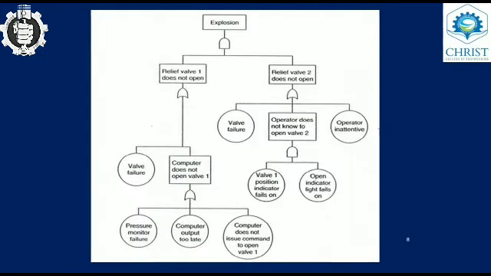This is an example of a total explosion of a system which contains some computers. This is an OR gate. This OR gate shows that any one of these three circles is a reason for a small failure: either the pressure monitor valve failure, or computer output too late, or computer does not issue command to open valve 1. Any one of these three, not all, may result in the computer not opening valve 1.